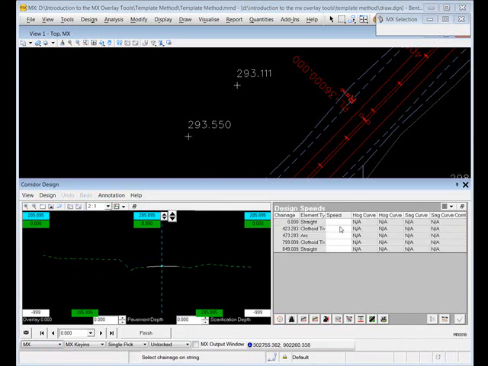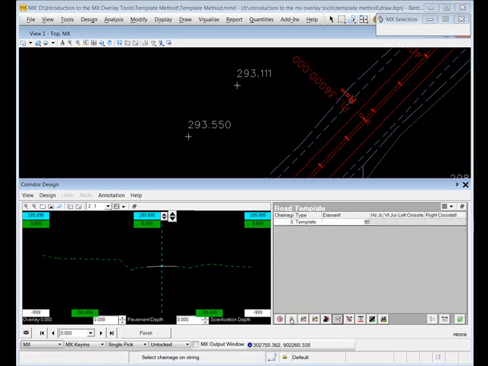The first thing I need to do is set my design speeds. I'm just going to highlight all the rows and set a design speed of 70 kilometers per hour. The process now involves working through these icons across the bottom of the screen, setting up the options that I want. Now I'm going to start by saying that I want to match the existing road edges, and I'm going to specify a nominal crossfall to start with,